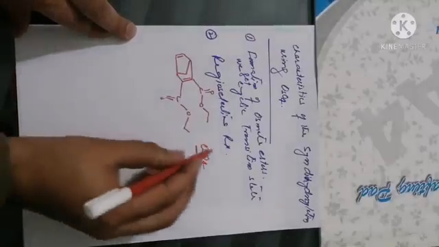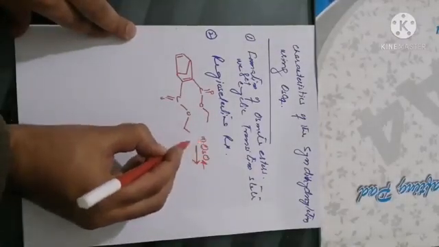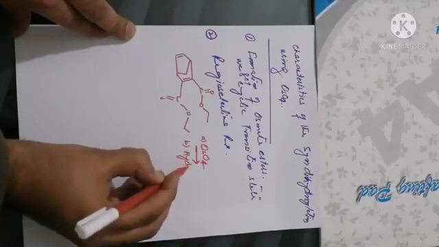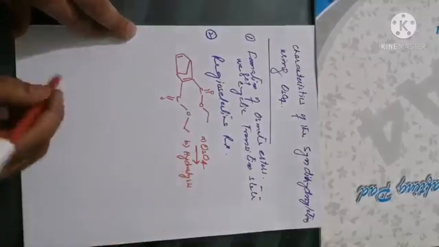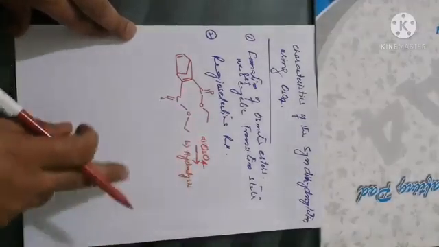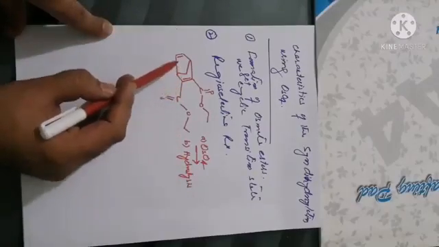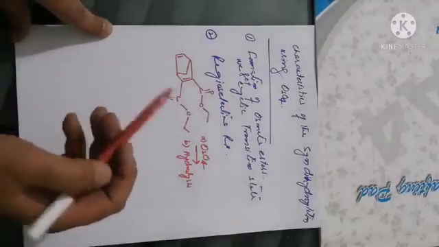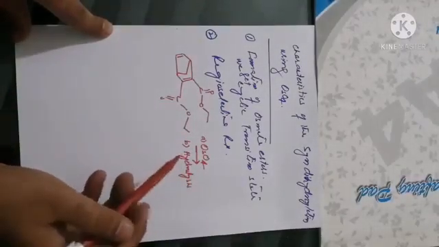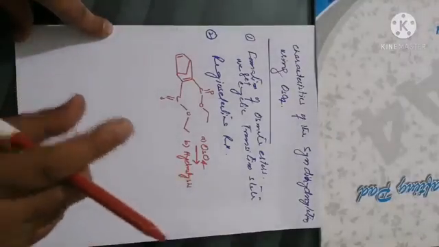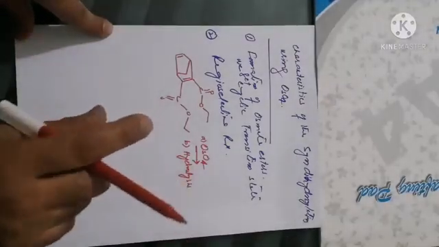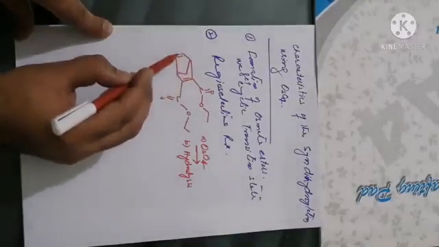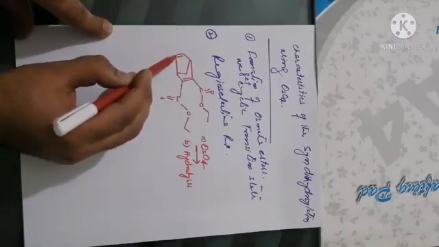When we react it first with osmium tetroxide in the first stage, and in the second stage we do the hydrolysis, what will be the product? Here you can see that there are two double bonds. Which double bond will react? We know that we will get the syn dihydroxylation. We will get diols, and those hydroxy groups will be on the same side. Whether this olefinic double bond will react, or this other one will react,